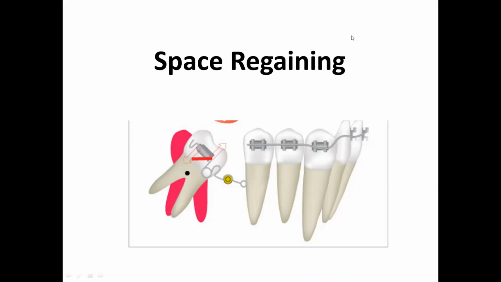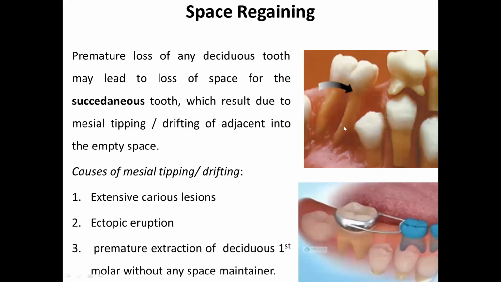So where do we do this? How do we do the space regaining? Can you see here in this picture? If you see, this is the permanent molar and this is deciduous D. Now here, it was deciduous E before. This deciduous tooth, or E, which is extracted or exfoliated or lost due to any reason, due to loss of this E from this space,